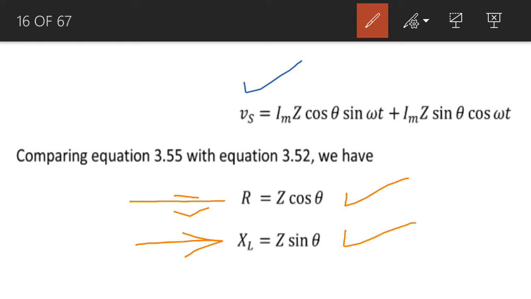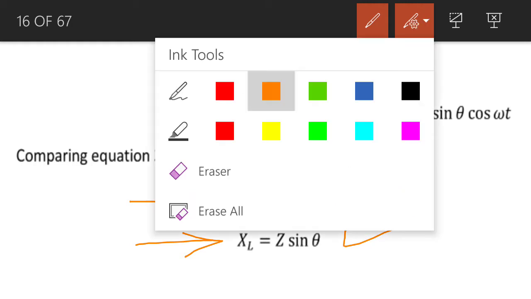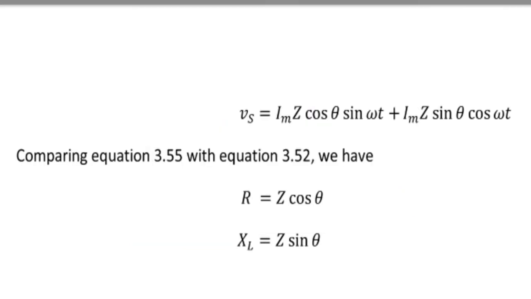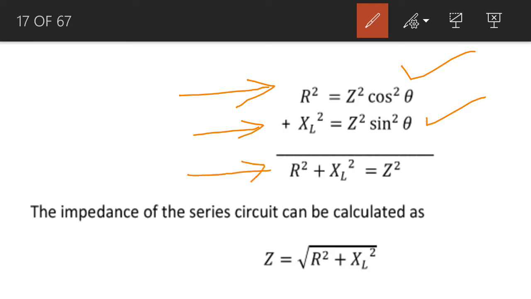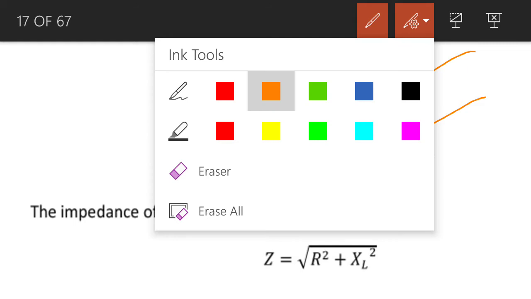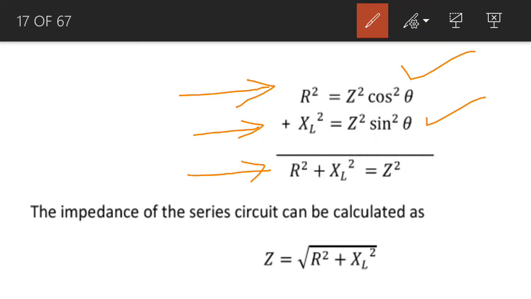So what we do, we take the square on both sides of this equation and then we add them. So we have R square, which is equal to Z square cos square theta, and we have XL square, which is equal to Z square sine square theta. So if we add these two equations, we get R square plus XL square, which will be equal to Z square. So basically on the right hand side, you see,